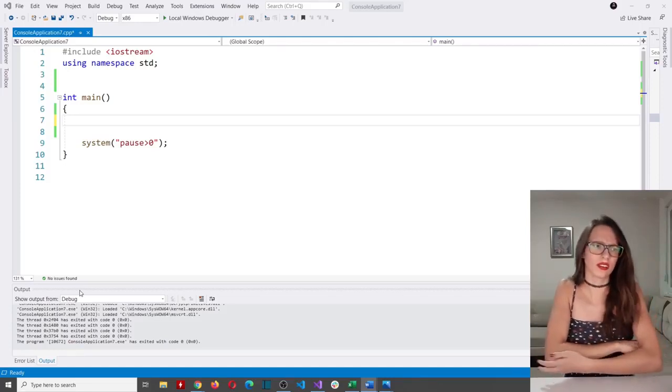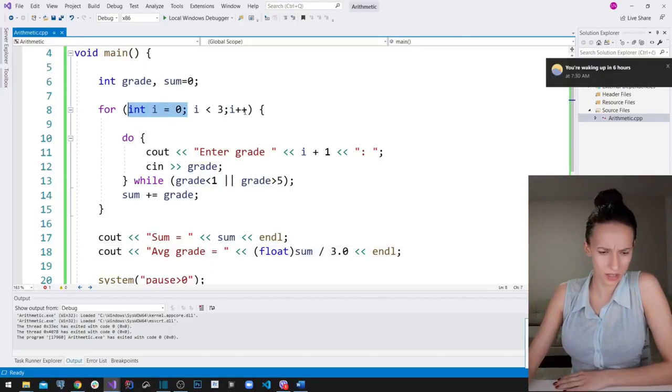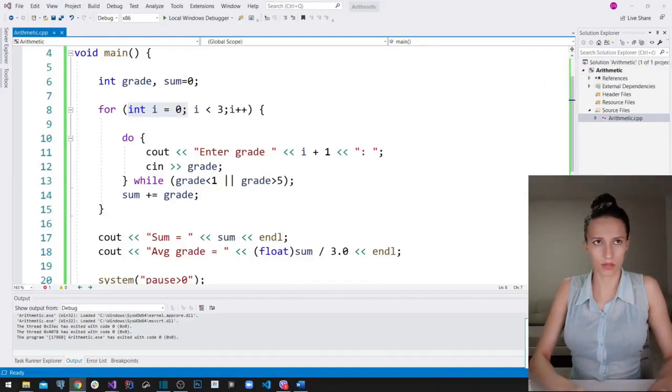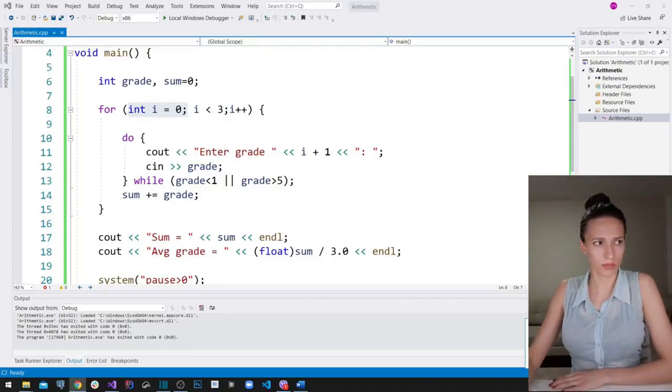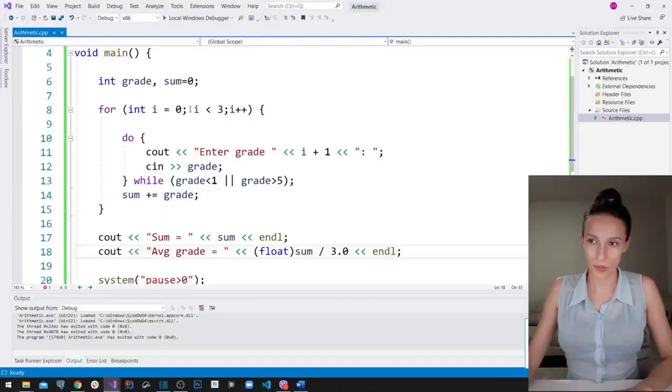To my channel. So this here is the initialization step of our initialization. Initialization. So it is the